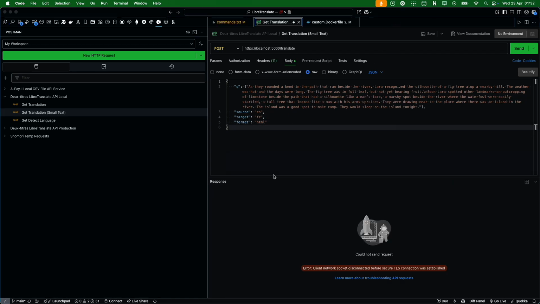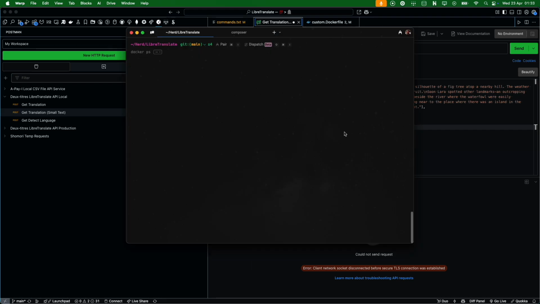Now, after some contemplation, I've realized that as this is an issue related to networking, there's always a possibility that our port 5000 is being used by a different service on this computer, and that the response we're getting of unauthorized may be coming from that other service. So a way to check that is to use the